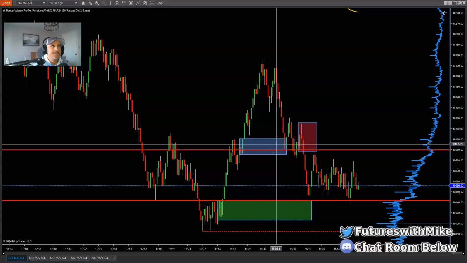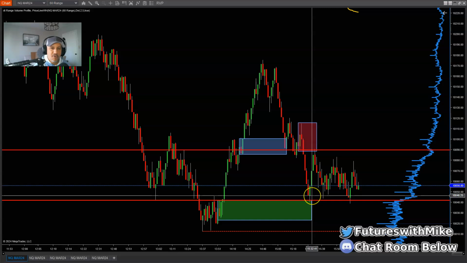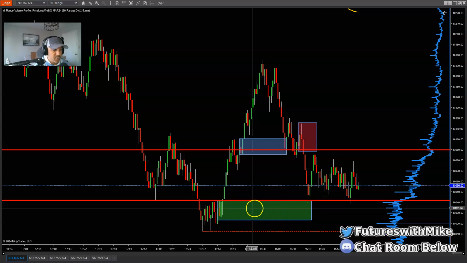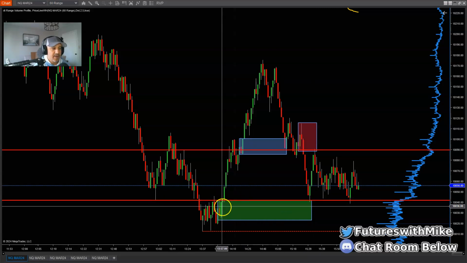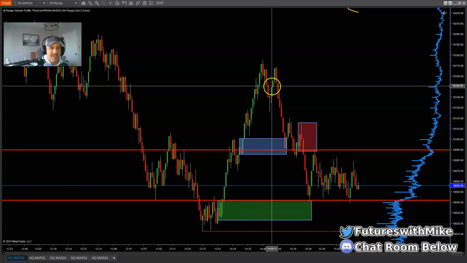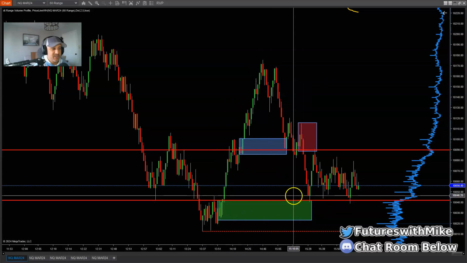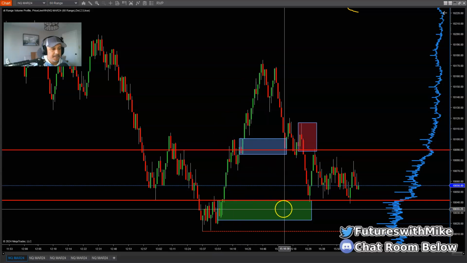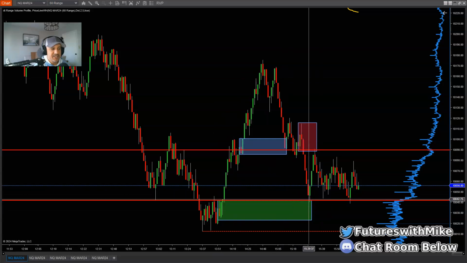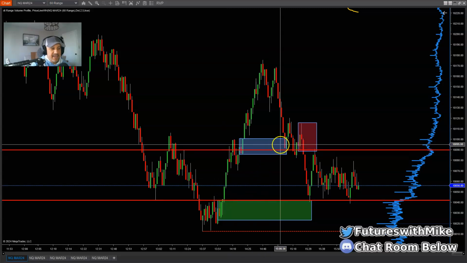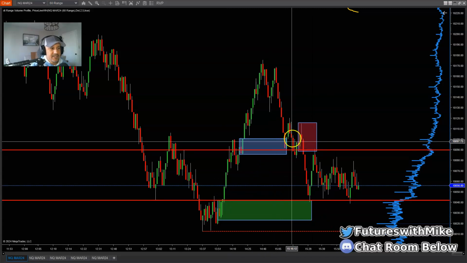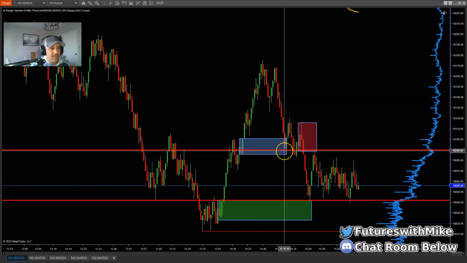What is going to make for a better trade setup is where you see the market move back to a zone you mark, especially the origination point where it started moving back to the upside and breaking structure. This was the lower portion of this leg right here. So when the market gets back down to this zone, look at the difference between this zone and this zone, that's why I have it marked in green. This one didn't work out as well because the market broke back into this zone deep.